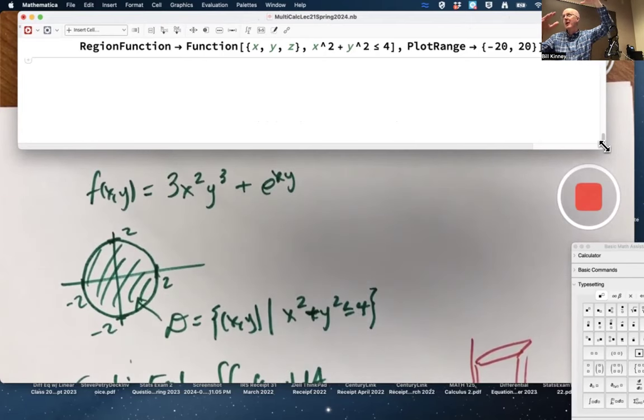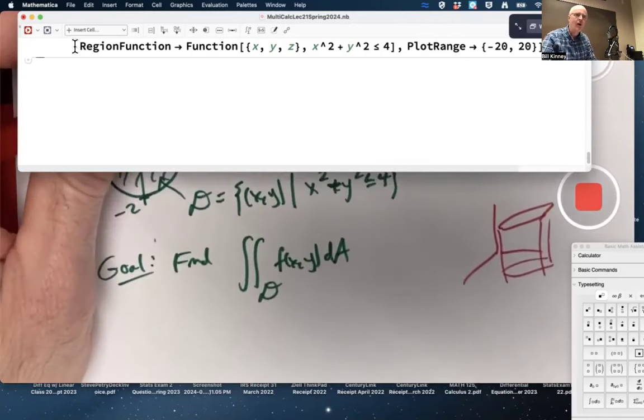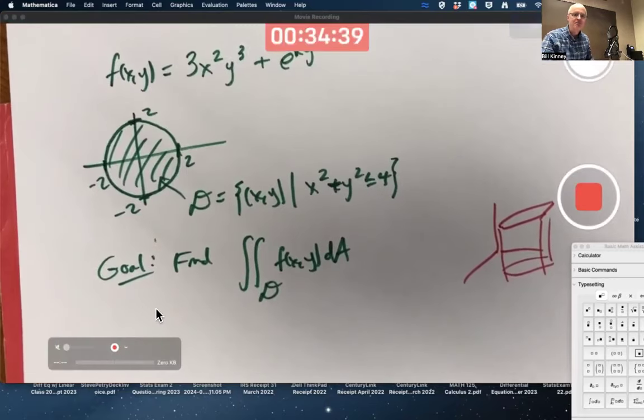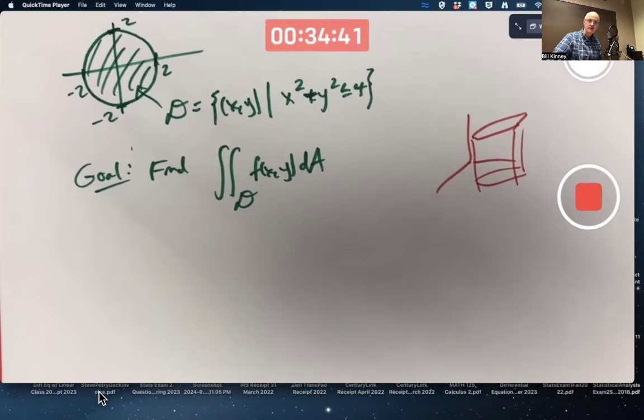But you don't want to allow probability density functions to go negative. And on Monday, we will talk some about mass density functions and integrals that give you mass and centers of mass. You don't want those functions to go negative either, just like with probability density functions. But right now, emphasis is on setting up the integral,